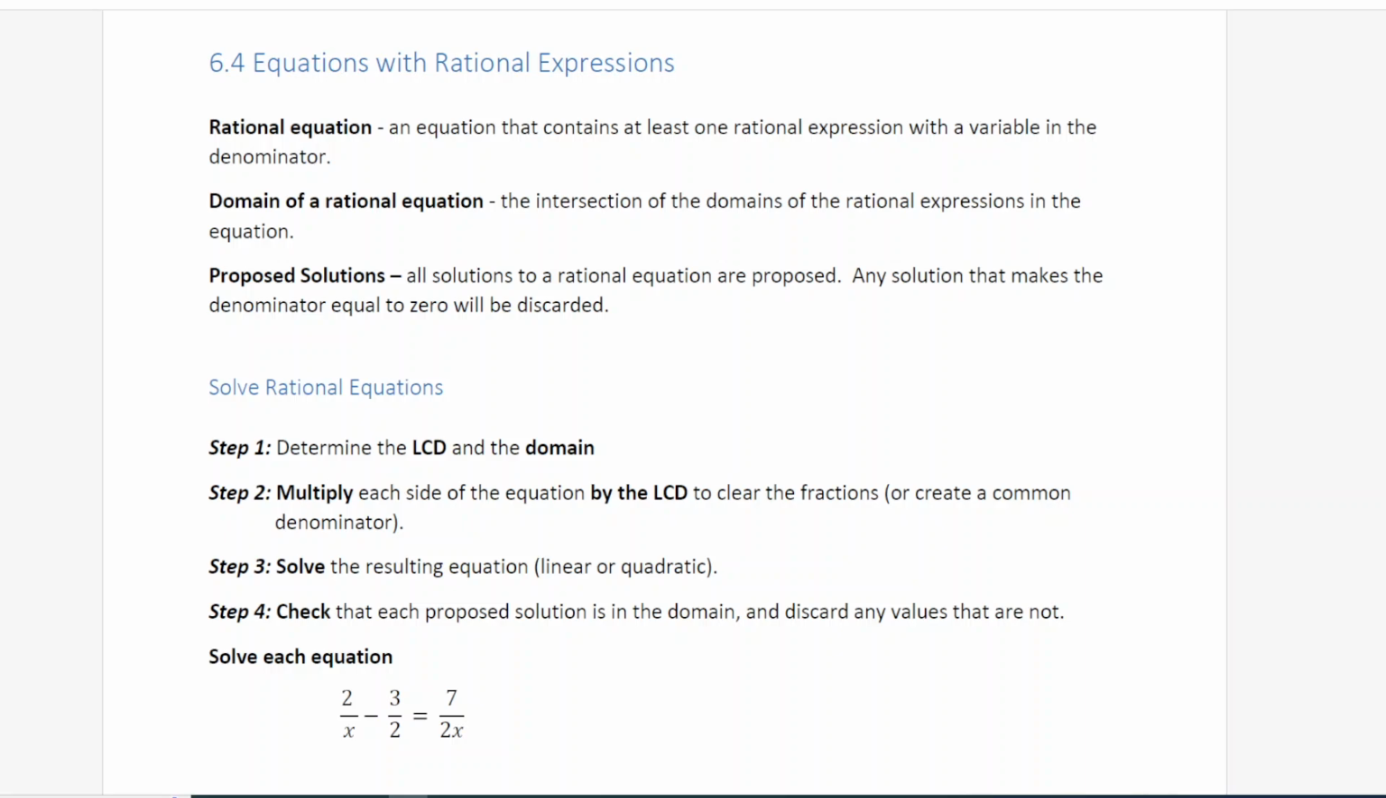So now we're getting close to the end of chapter 6. Now we get to solve rational equations. Again, just a bit of a definition. You can tell something is a rational equation because it's an equation, meaning there's an equal sign, that contains at